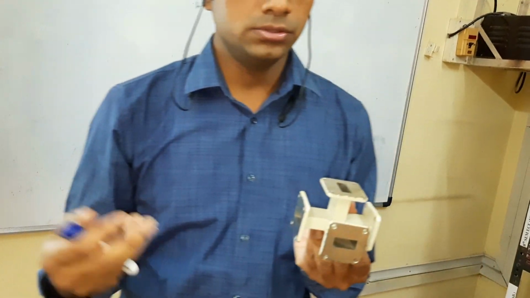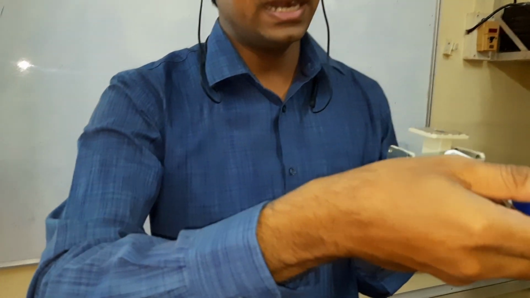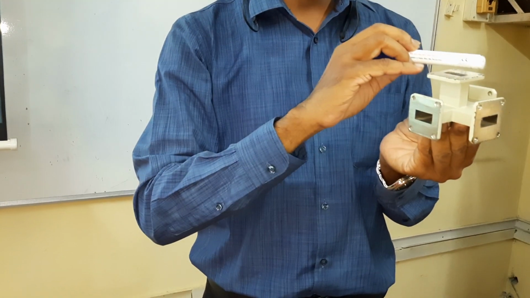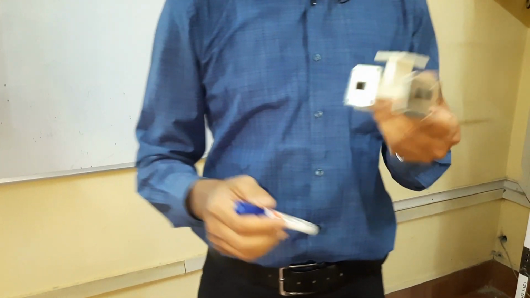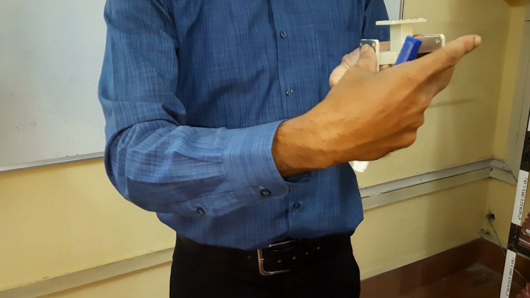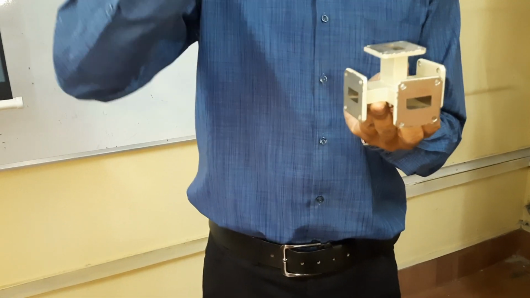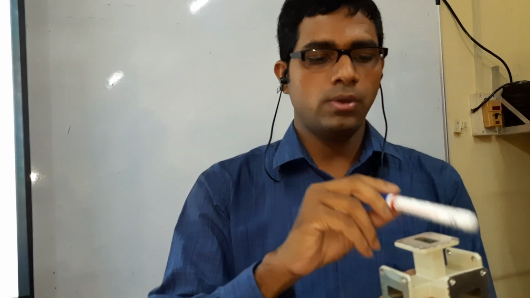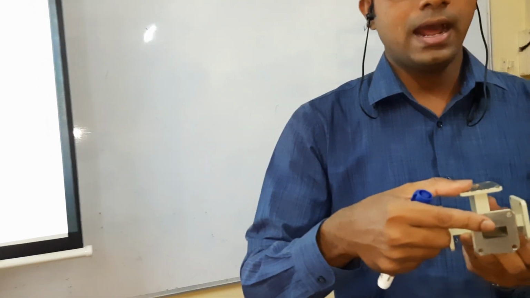Now let us check whether the magic T obeys the property of the H plane T or not. When you give the signals at port 4, or the H arm, it will be equally divided at 1 and 2, but they are of the same phase. That is the difference. When you give at the E arm, they are in opposite phase. Third property: when you give the signal at port 3, they are equally divided at 1 and 2 in opposite phase, but nothing comes at port 4. So 3 and 4 are called isolated ports.